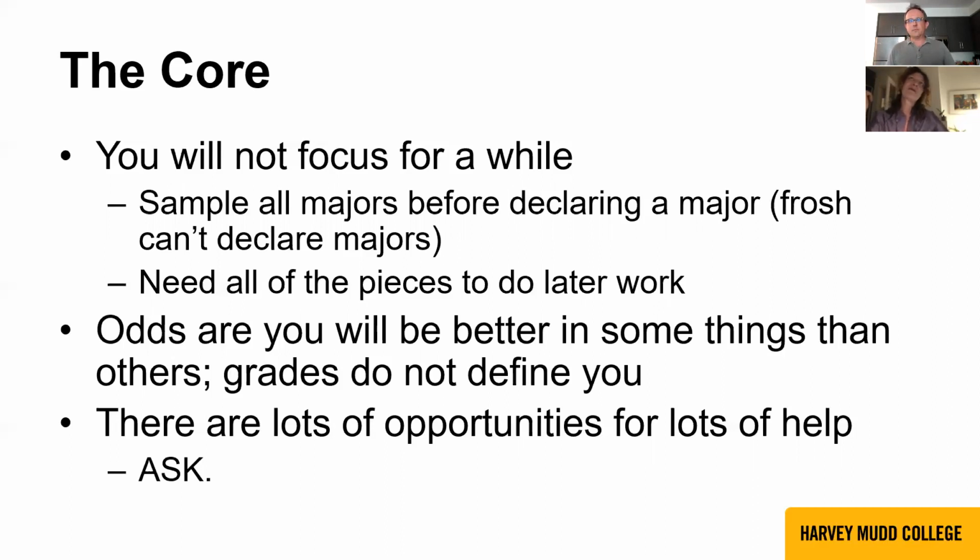And remember that what matters is that you get a certain mastery of the material, that you practice with the material, that you work with the materials. The grades do not define you, okay? We all have different kinds of strengths and different weaknesses. There are lots of opportunities for help. There are student-run academic excellence programs. There is a writing center. There are academic deans. Of course, there are office hours that faculty run, and you should be availing yourself of